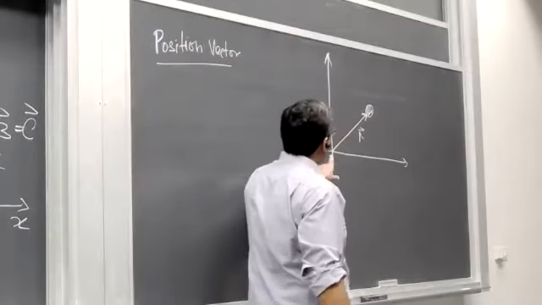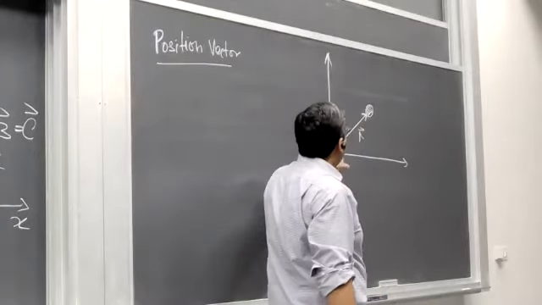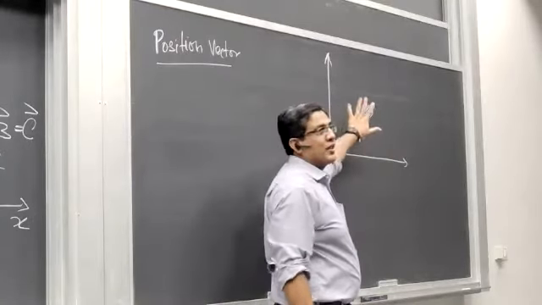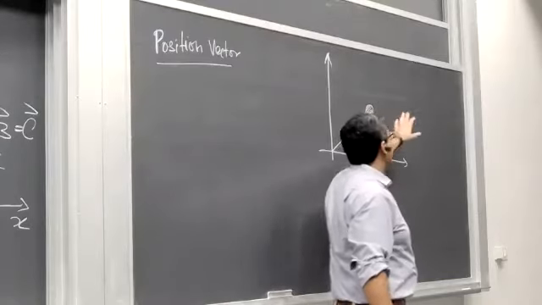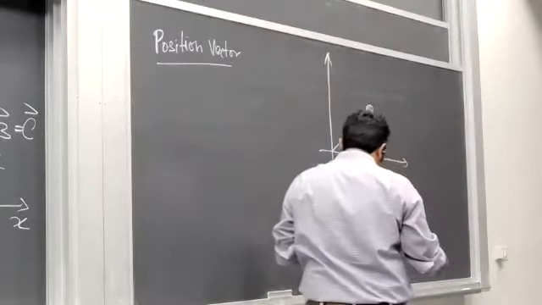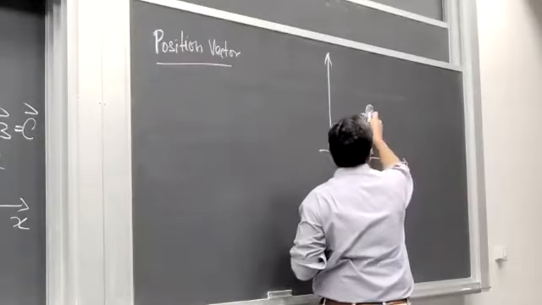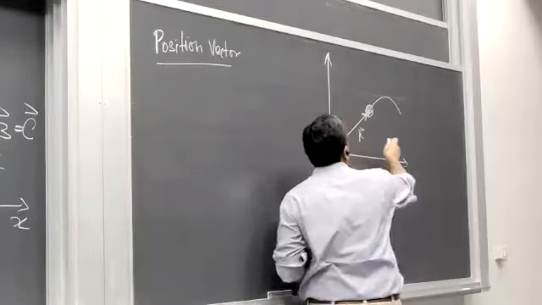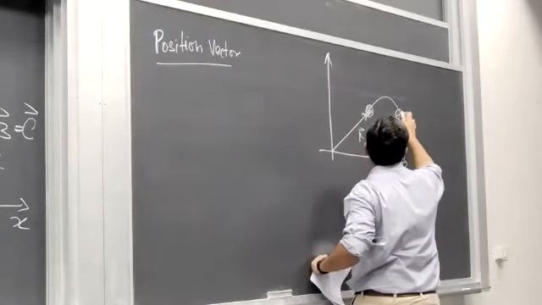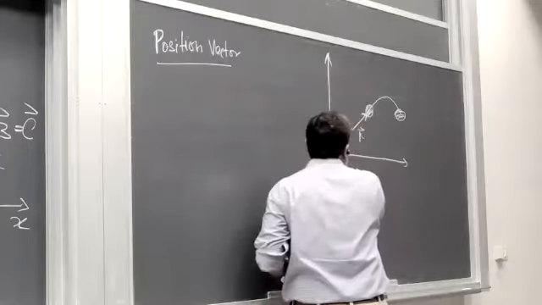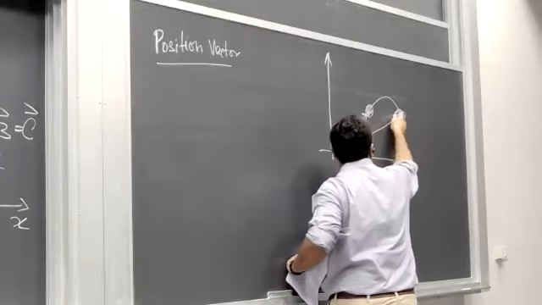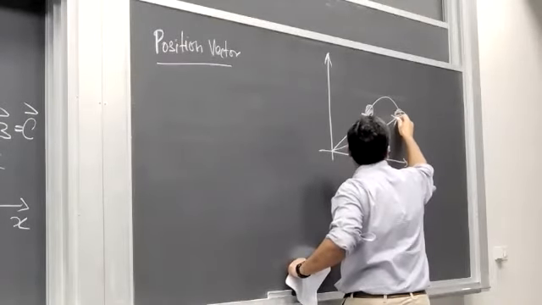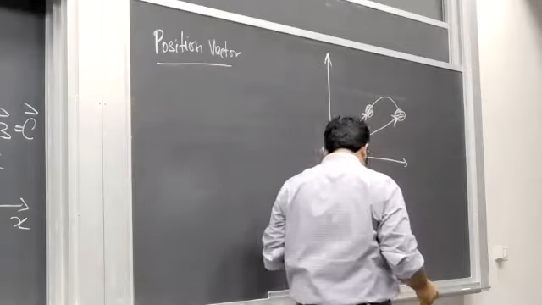So a vector drawn from the origin of the coordinate system to the position of an object at any moment in time is a position vector. So it doesn't matter if the object is here or if 5 minutes later the object is here. So let's actually consider this situation. Let's say that this object a few moments later is here, following this trajectory, and the object is here. Now a vector pointing to this new position would be the next position vector.